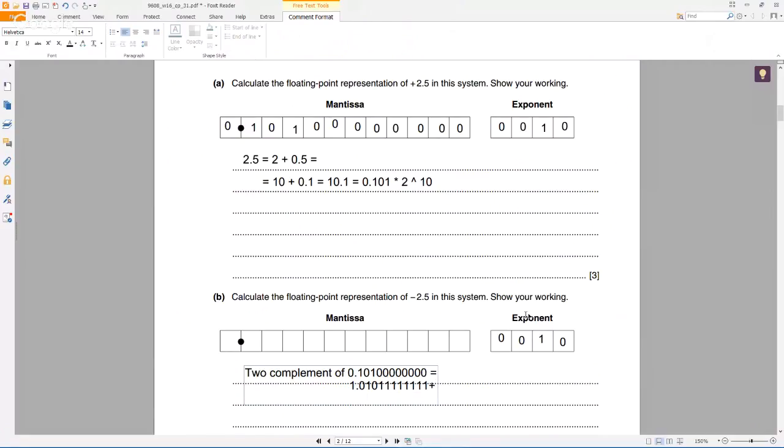Because this is the way you calculate the 2's complement. So this one is the 1's complement. And if you add 1, it becomes the 2's complement. And the result is,